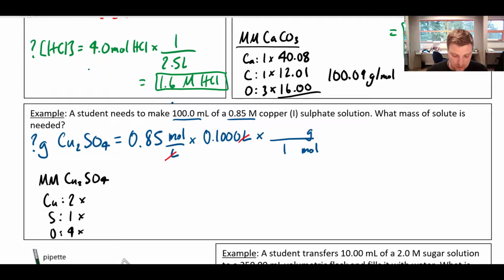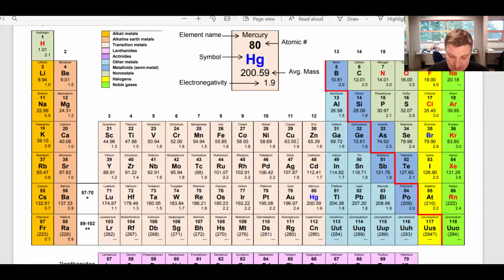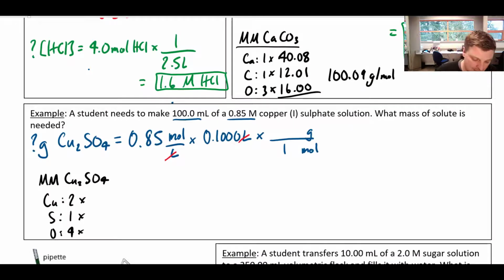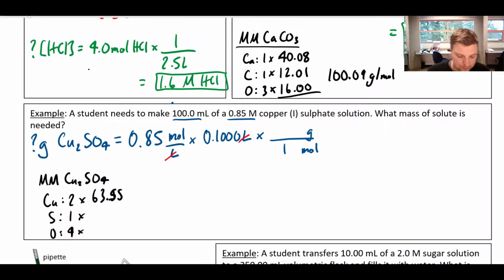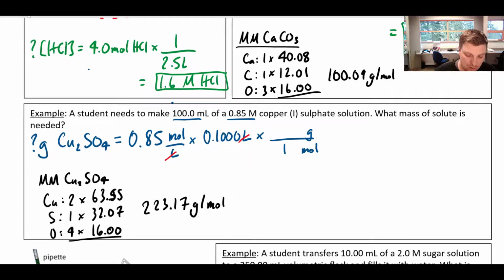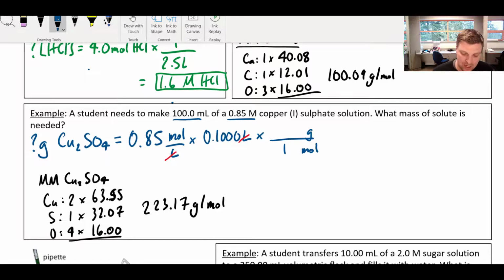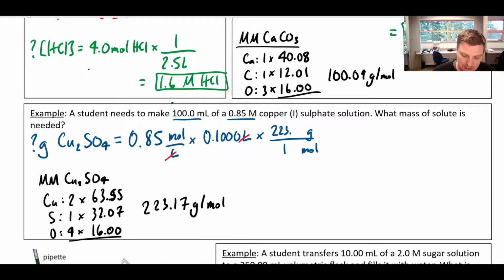So if I check my periodic table, copper has a mass of 63.55. Sulfur, I can never remember sulfur. Sulfur is 32.07, and then oxygen, I remember that's just 16 even. So when I add all of these up, the molar mass ends up being 223.17 grams per mole. So I'm going to take this back over to my chain calculation, multiply it in here,